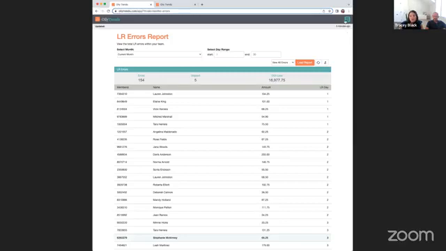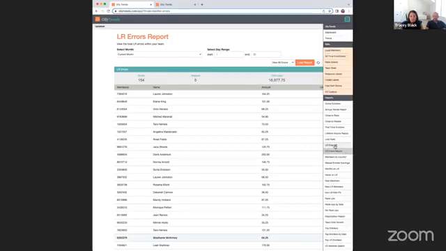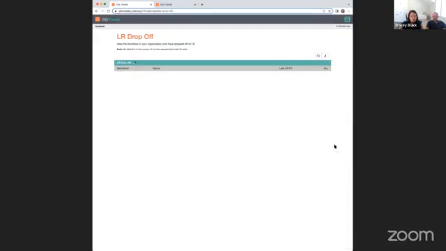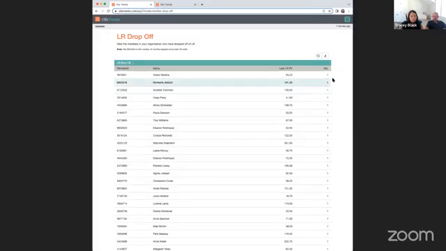The other thing that I like to see is loyalty rewards drop off. So who in a given month has dropped off loyalty rewards? This will show you what was their last loyalty rewards order. So this is showing you last month, they had spent this much. You could download this report, export it, and then do some kind of a recapture campaign.